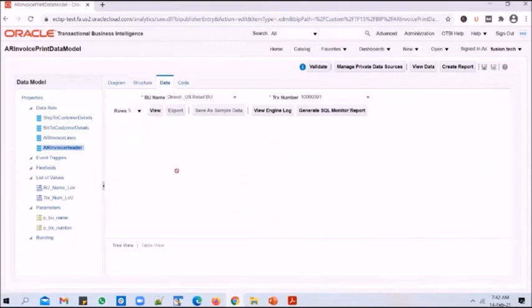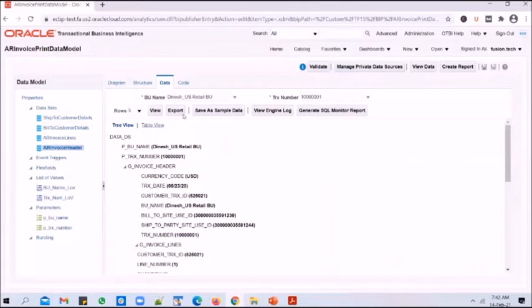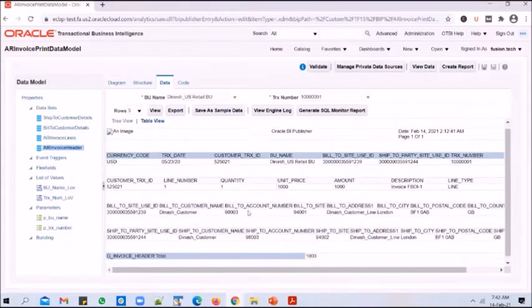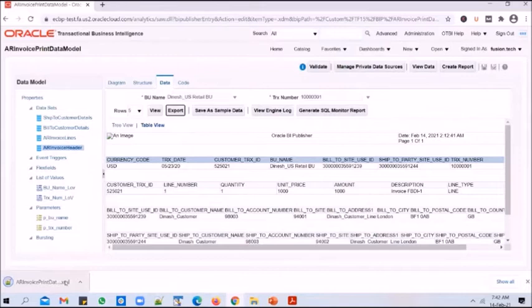And now if you go back to data, view the report output. And if you try to export the output, let's try to export the output and see, because we need all the details, right? So let's see if we get the output in PDF format or not. So if you export it, you see that there is an XML output generated.